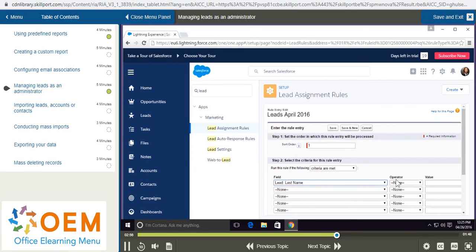And I can choose the operator here with the drop-down menu. And I can select contains. And I can choose a value here. So I'm going to choose the letter A. Once I've set my criteria, I can simply